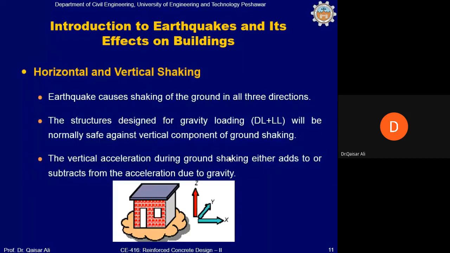along the geometric axis of the building for our own convenience, and which means that the building will move in the X and Y direction as well as in the Z direction. Z direction is the vertical direction, and X and Y are horizontal direction. X and Y movement is very obvious that it will cause the horizontal movement of the building,